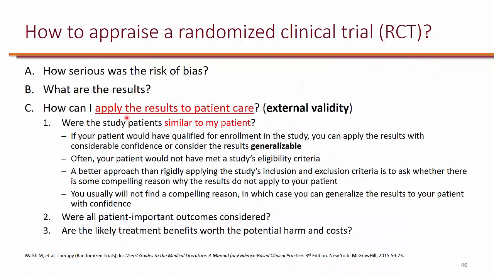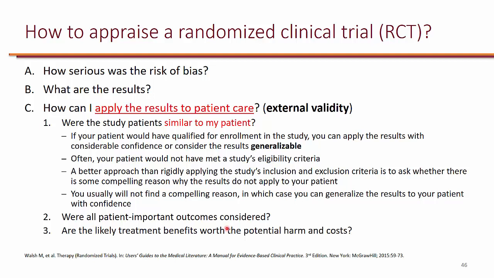And the last thing that we'll have to consider is how can you apply the results to your patient? And this is referred to as external validity. So external validity basically is asking how generalizable are the results and can you apply it to your patients. So you want to see how similar the patients are to your patients. So that's where you look at inclusion and exclusion criteria